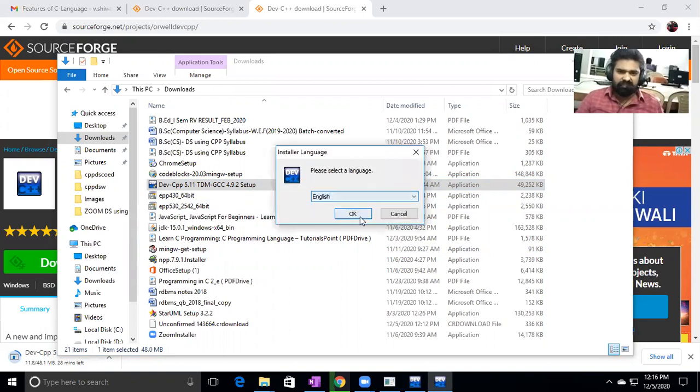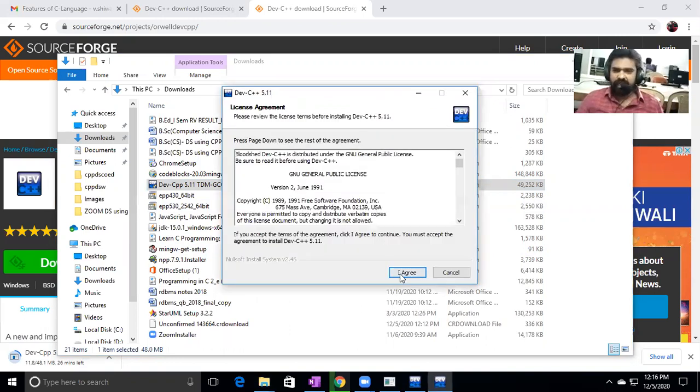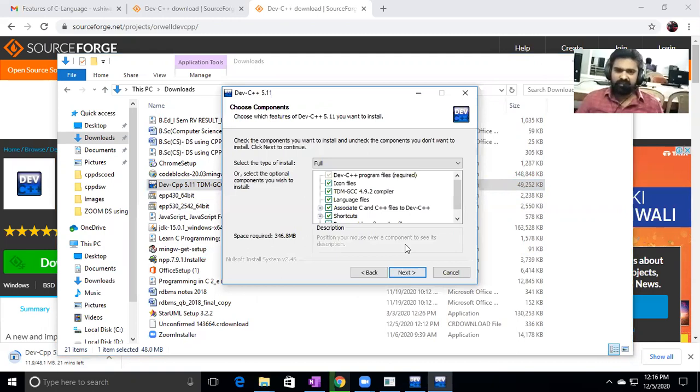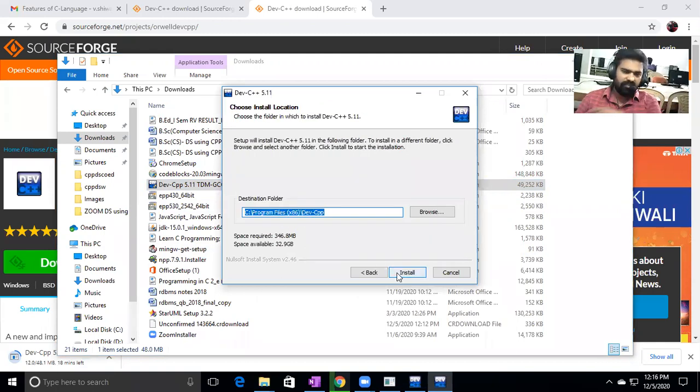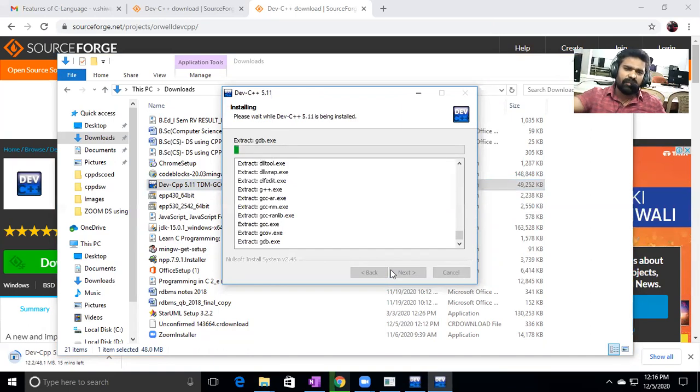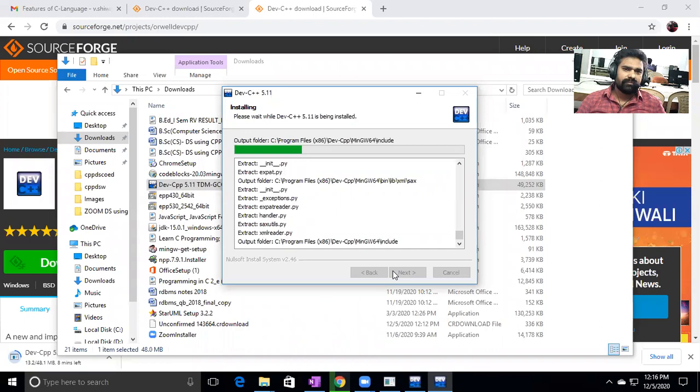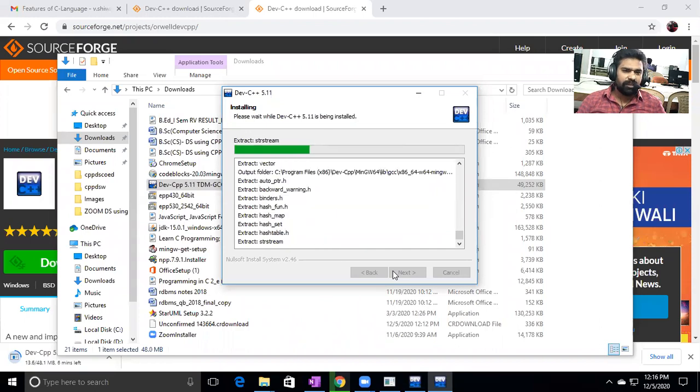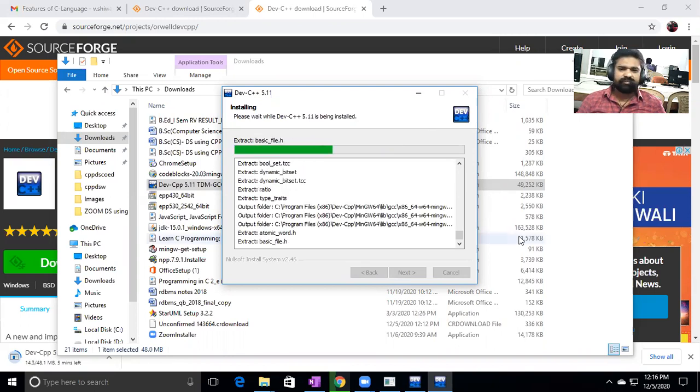It is asking for the language. I'm selecting the language. Okay, I agree. Next, install. I'm just following the wizard. You can read and understand. Just click on install, and it will be installed. Very simple, very easy. Now it is installing the software.